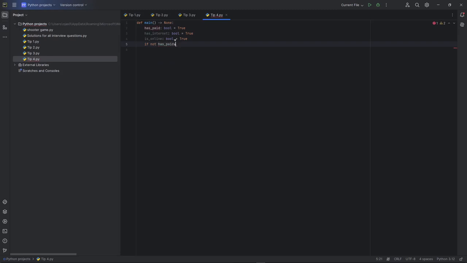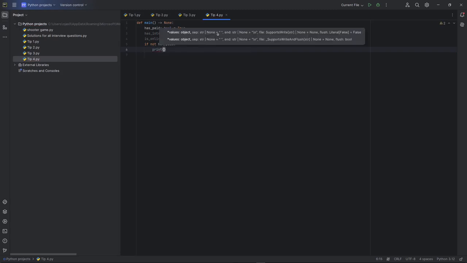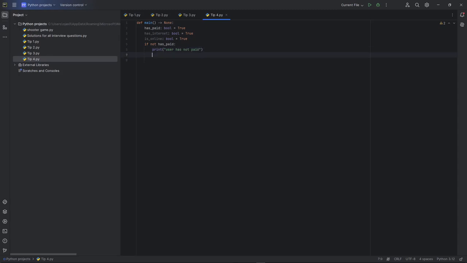What we will do instead is add print. So this is the guard clauses technique which I will do right now. What we will do here is type print if not has paid. So we will just print user has not paid, and then what we will add here is